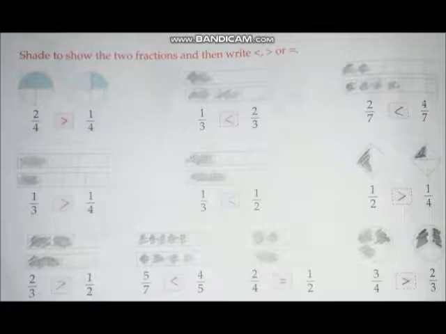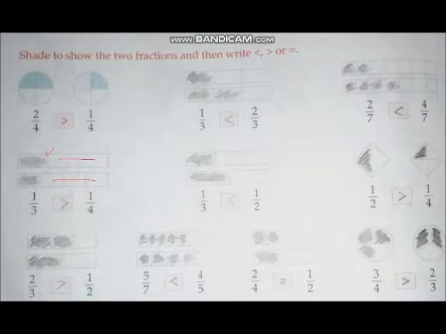So according to that, if we compare these fractions, just like 2 upon 4 and 1 upon 4, in this one 2 upon 4 will be the greater one because in the numerator there is 2 and there is 1. Similarly for these two, in which numerators are equal but the denominators are different, here we will check which has fewer places. So in this one 2 places are there and here 3 places are there. So the first fraction will be the greater one. So 1 upon 3 will be greater.